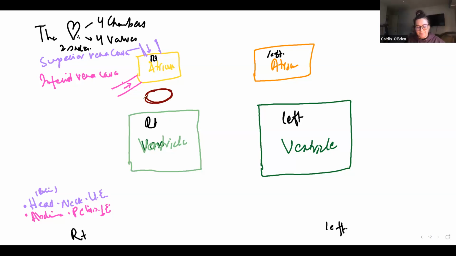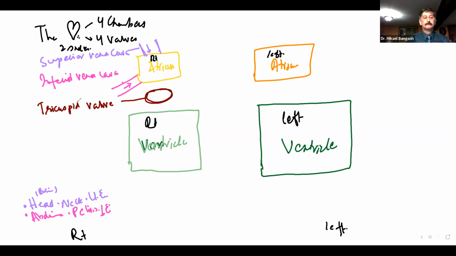Good. And this valve here, all valves are going to be called valve, but the valve that we have between the right atrium and the right ventricle is what we call the tricuspid valve. The reason that we call it a tricuspid valve is mainly because it has three cusps or flaps